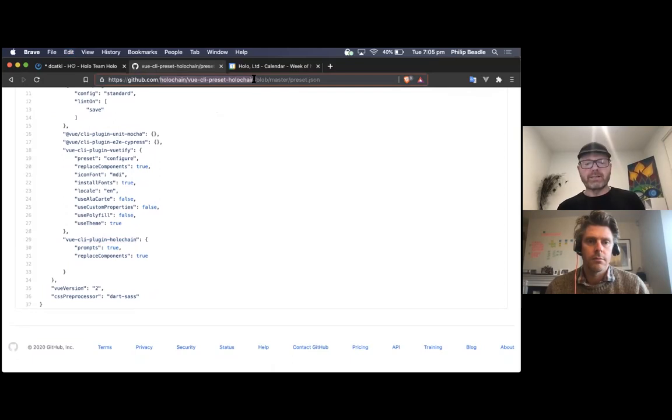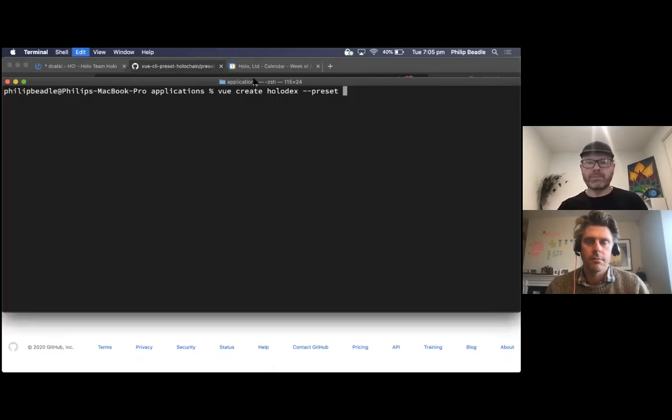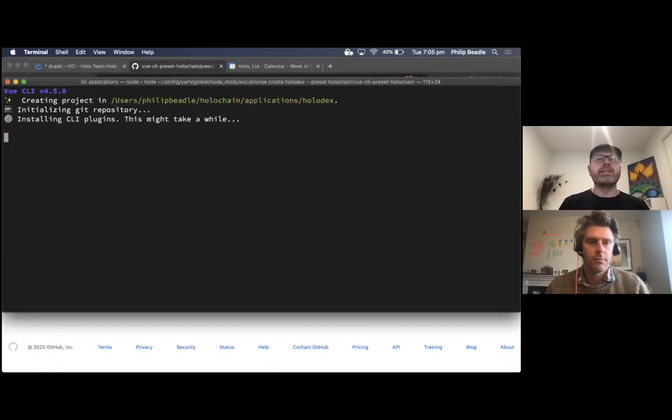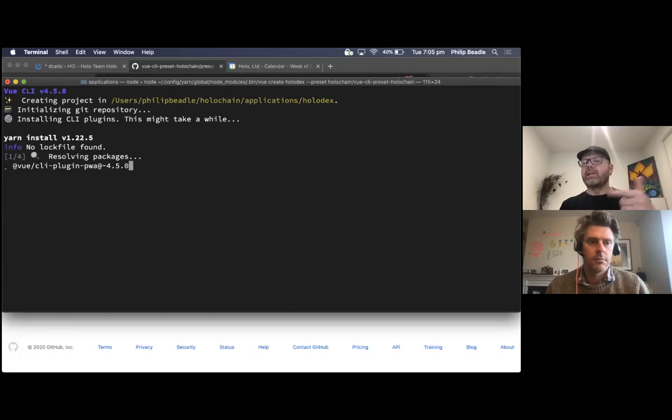So the Vue CLI has this way of finding presets. You just have to call them vue-cli-preset, and then whatever your preset is, and then it knows what to do. So we'll now fetch the remote preset. There you go. So this is installing all that Babel and all the bits and pieces in the preset. And then in the plugin that I built, there is now a choice of the simple app, which I think I showed you last time, and now a new one, which is called